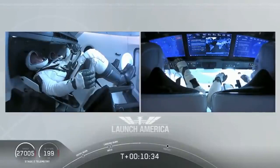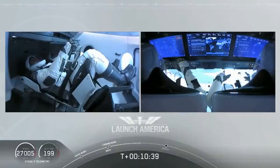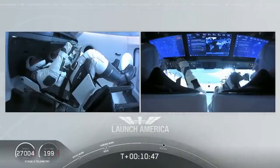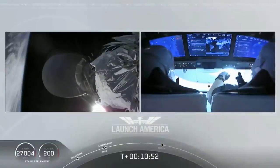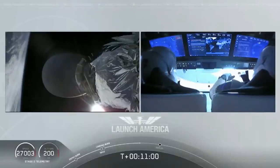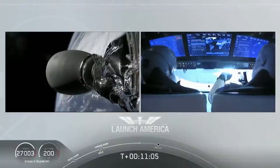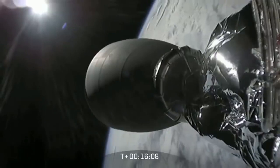And before Dragon initiates separation from the second stage, they do ensure that the vehicle is not spinning and it is in good condition before we separate. That's right, the upper stage does a small attitude maneuver using some cold gas thrusters built into the rocket body itself. Exactly, so we do expect that separation to occur in about a minute from now, but they do wait until they have full confirmation that it is ready to separate. A smooth ride uphill, both stages of the Falcon 9 doing their job, placing